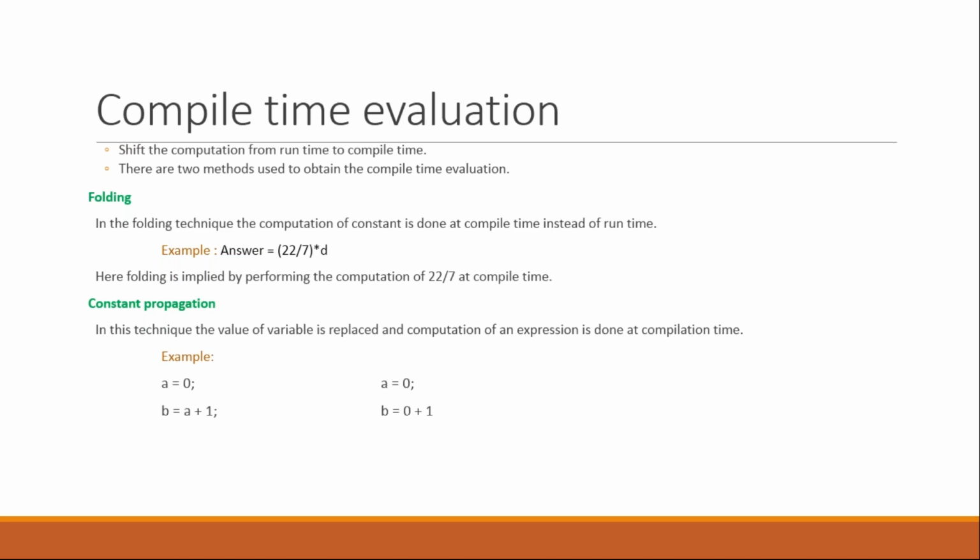Now the second methodology, that is the constant propagation methodology. What is constant propagation? As in our example, a is assigned some value, that is a equals 0. So 0 is my constant value and it will never change in my program for the first line. b equals a plus 1. So at runtime, my a can be replaced with 0. But our compiler